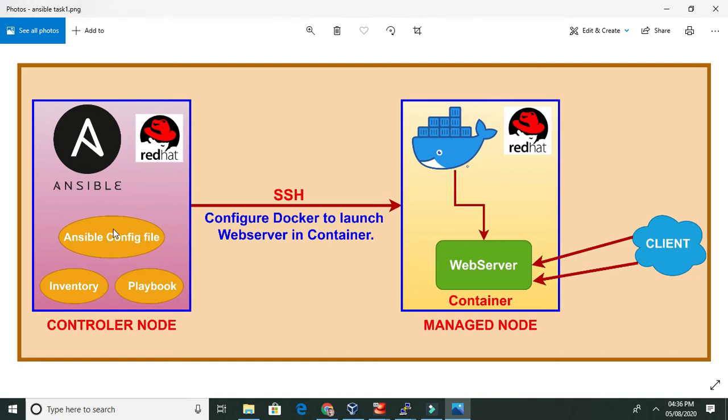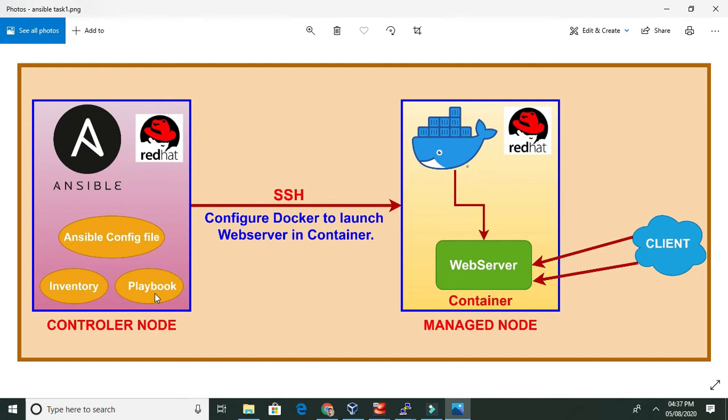In this configuration file we mention the inventory location, where it is located. Ansible always goes to this configuration file first, looks for the inventory, and then connects to the managed node via SSH.